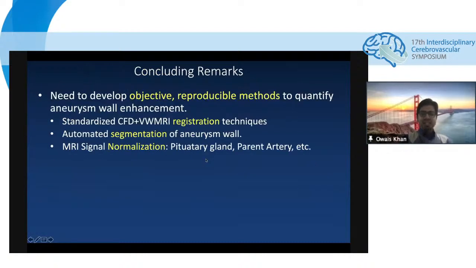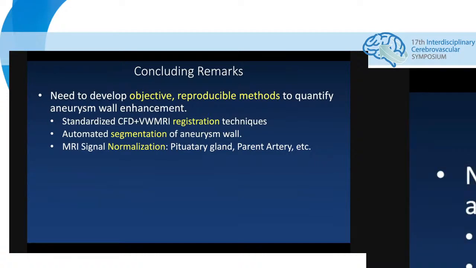So in conclusion, I think I have just 2 remarks. The first one is we need to develop more objective and reproducible methods to quantify aneurysm wall enhancement. And this can only come when we can develop standardized methods to register CFD with vessel wall MRI. If we can develop automated methods of segmenting aneurysm walls from vessel wall MRI images, and maybe further investigate the